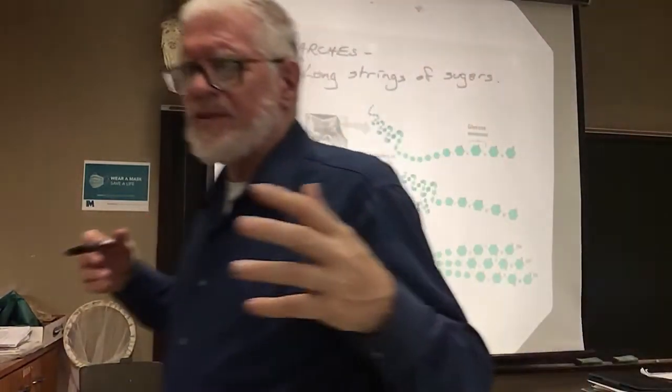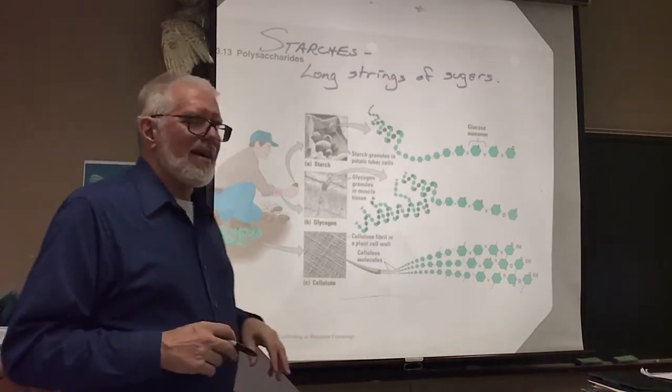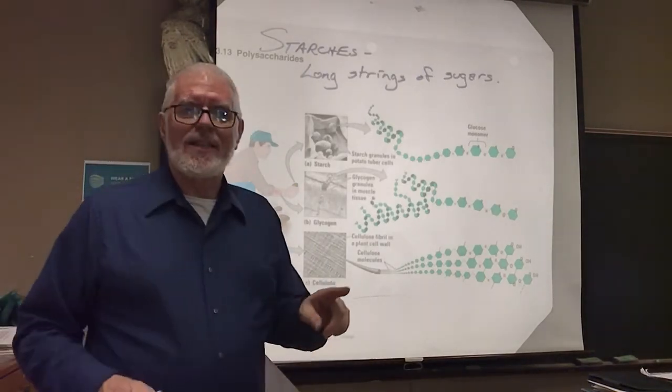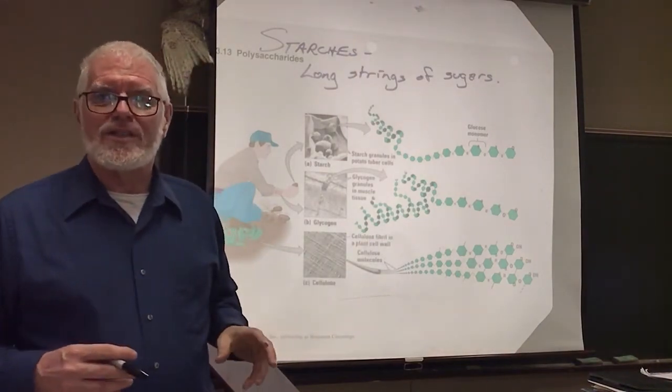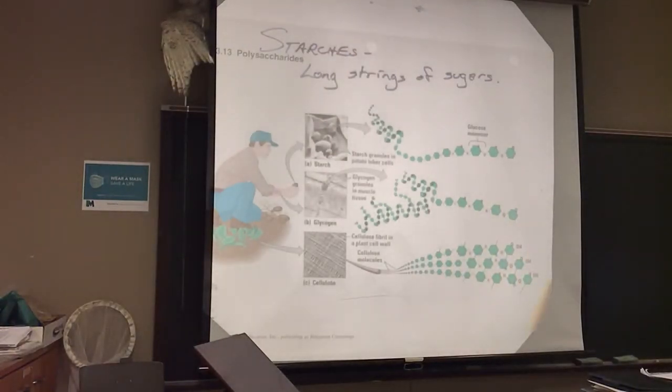Now, there are some long strings of sugars that are technically not starches. We're going to kind of ignore that, since this thing called cellulose isn't always considered a starch. But what we've got here is potato starch, a long string. What we've got here is glycogen. Remember, that's the one without the OSE ending. It's pretty simple, just a string with a few side strings attached to it. And then you get plant fiber, cellulose, with lots and lots of cross connections.